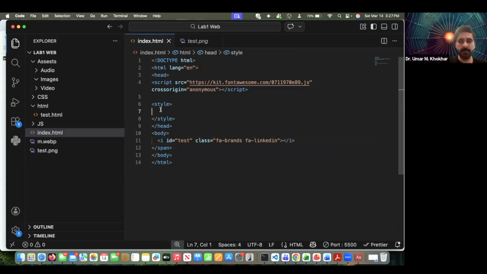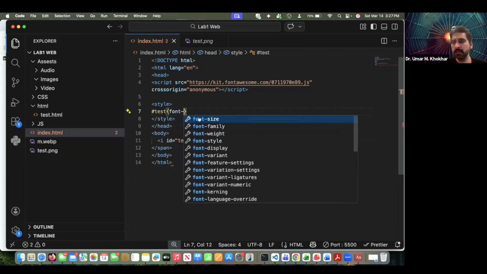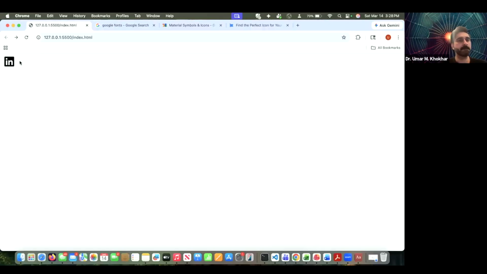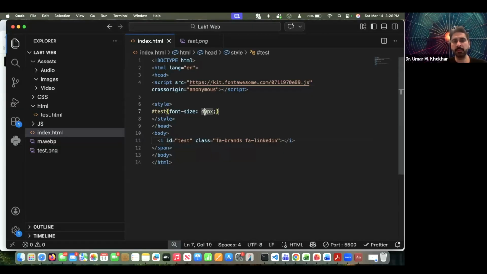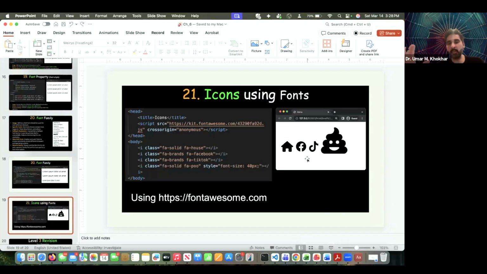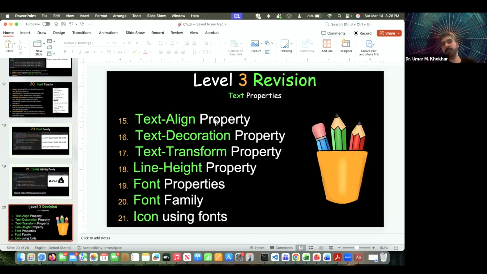And for example, I want to increase the font size. So font size, let's make it 40 pixels. Let's try with 40 pixels. You see this font size has been increased. If you want to increase further, I can make it, let's say, 400 to see whether it's working or not. So this is how you can use the font size for the icon. We have used a couple of the font sizes. Today we have learned the text align property, text decoration, transform, hide,